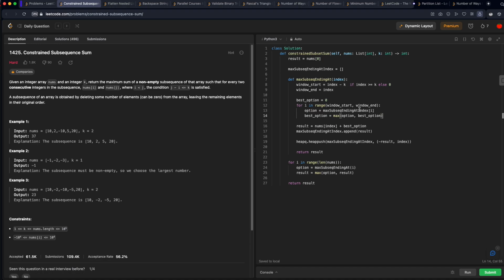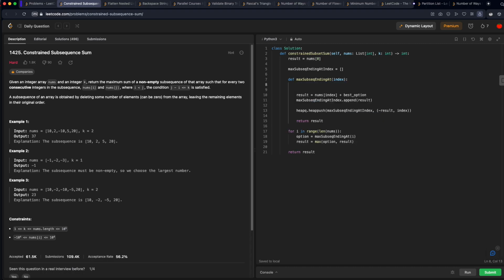So now that we're storing our result and our index as a tuple in our heap, when we look for something in the heap, when we pop the maximum value out of our heap, we'll have to flip this around to make it the maximum value again, and we'll have to make sure that we're within our window. So we'll have to check this index. So let's get rid of this. We don't need this stuff anymore. We can simply just grab the top of the heap. Now the top of our heap will always be at index 0. So in that case, we'll say our best option,